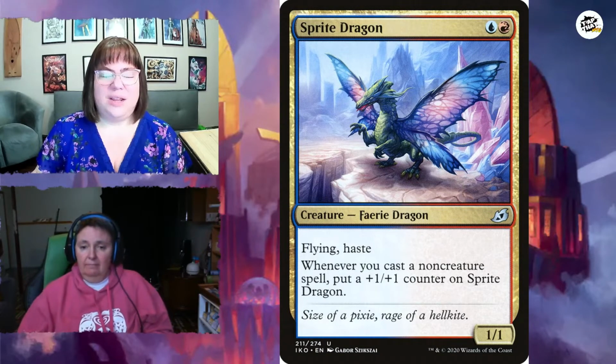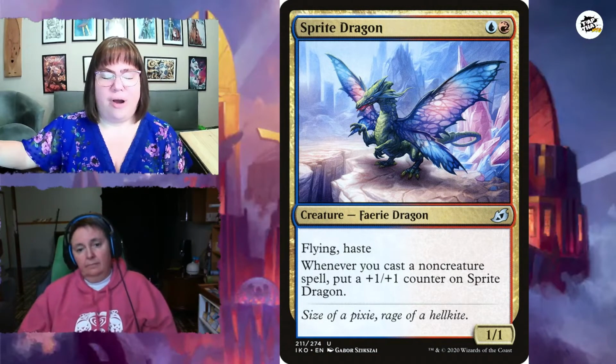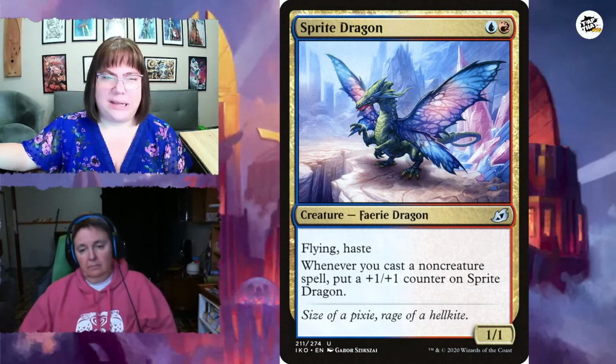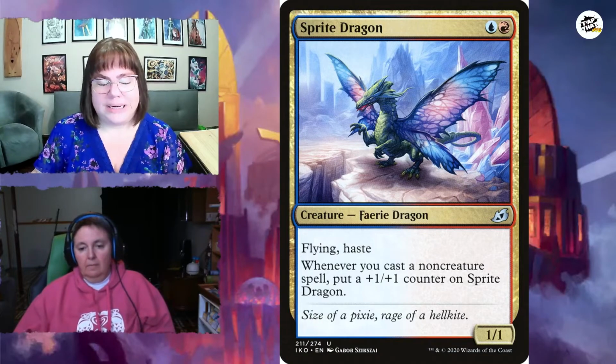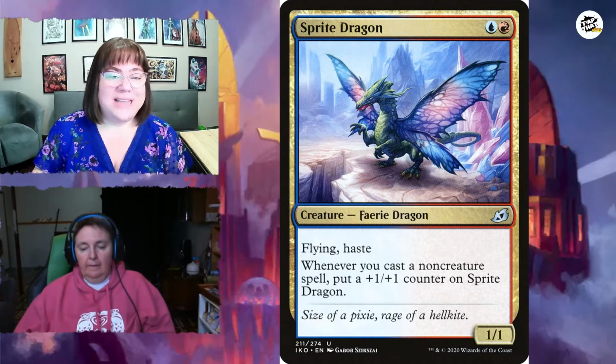Another one we talked about that's on like honorable mention next to this guy is like Crackling Drake, which takes advantage of the number of instants and sorceries in your graveyard. But anyway,